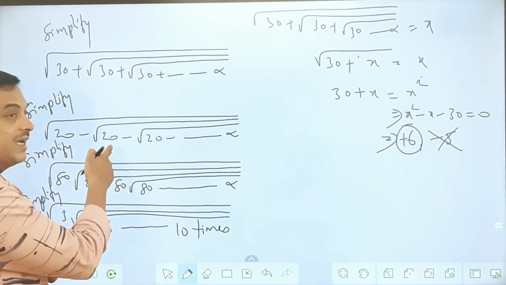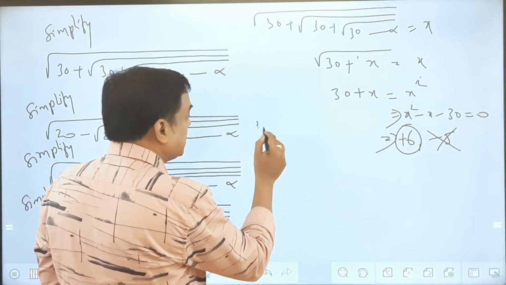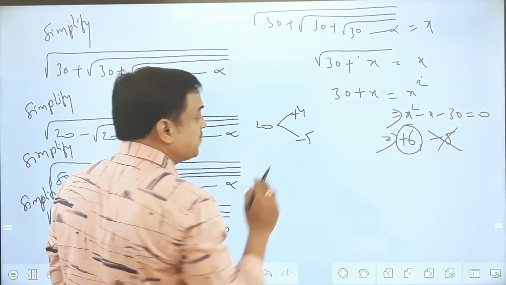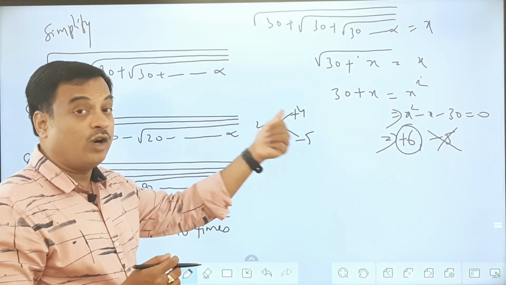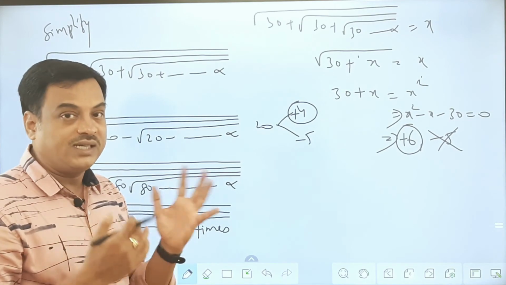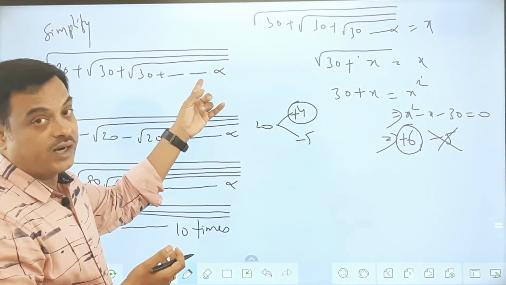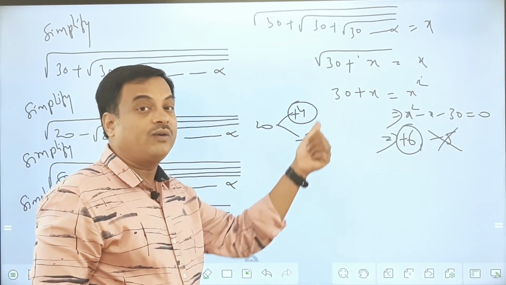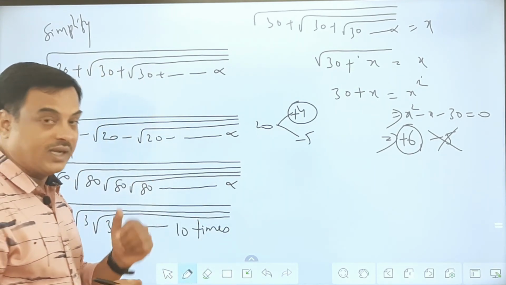Now here in the second case, there is a minus sign in between. Again 20, as we can say, is 4 and 5, and plus 4 minus 5 will be the outcome of it. Again the under root value cannot be negative, so the smaller value is the answer. So we can use these as 2 direct note points. This one, product of 2 consecutive numbers with plus: the larger value is the answer. This one, product of 2 consecutive numbers with minus: the smaller one is the answer. So these are the 2 direct points we can remember.